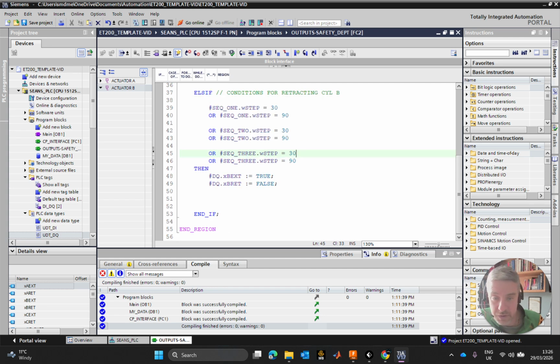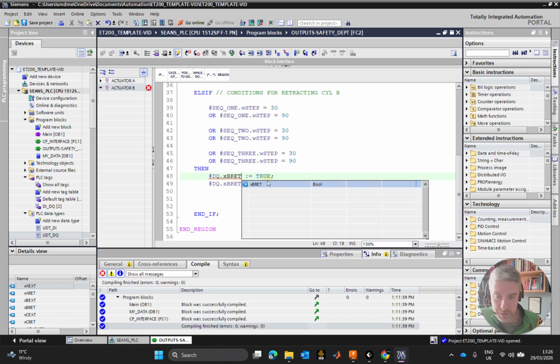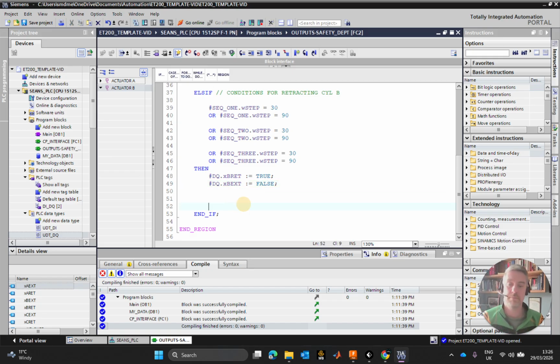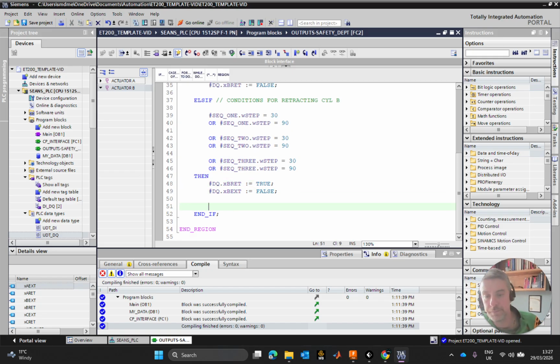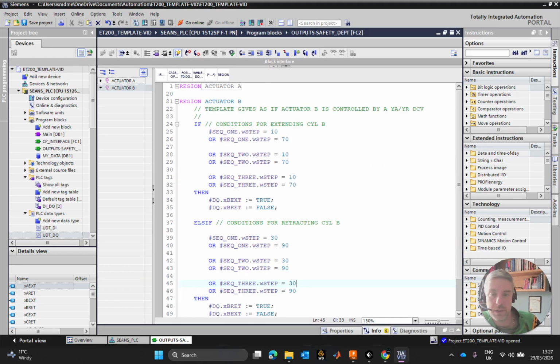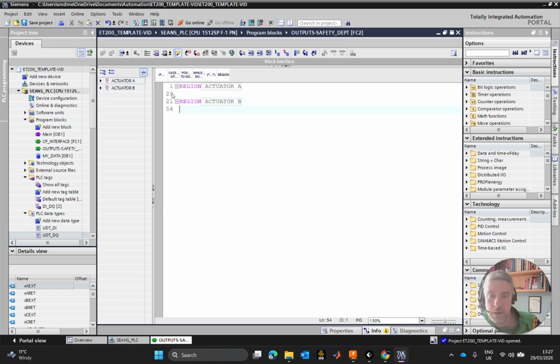Now, this is the conditions for retracting. So I want retract to be true and extend to be false. Phenomenal. That's that. Now, next question, let me just scoot this down, is what if you have actuator A and